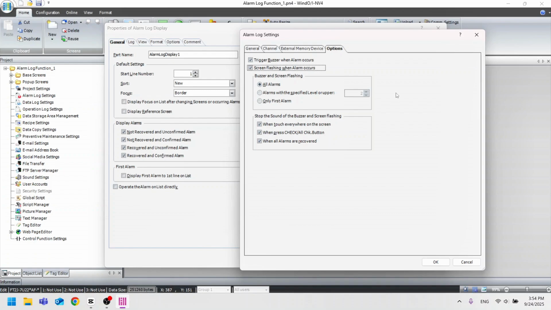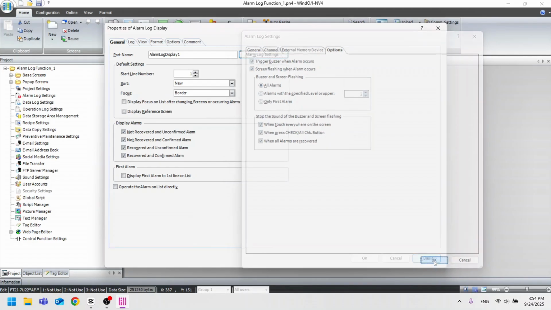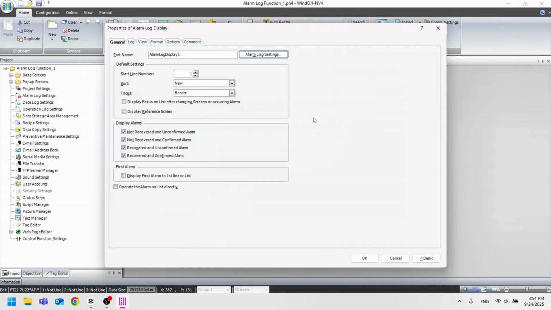Once all the settings are configured, go ahead and press the OK button to save and exit the alarm log setup. And toward the bottom, let's also check the box for Operate the Alarm on List directly. This function allows a user to select and view the details of an alarm simply by tapping on it on the HMI screen, which is very fast and convenient.